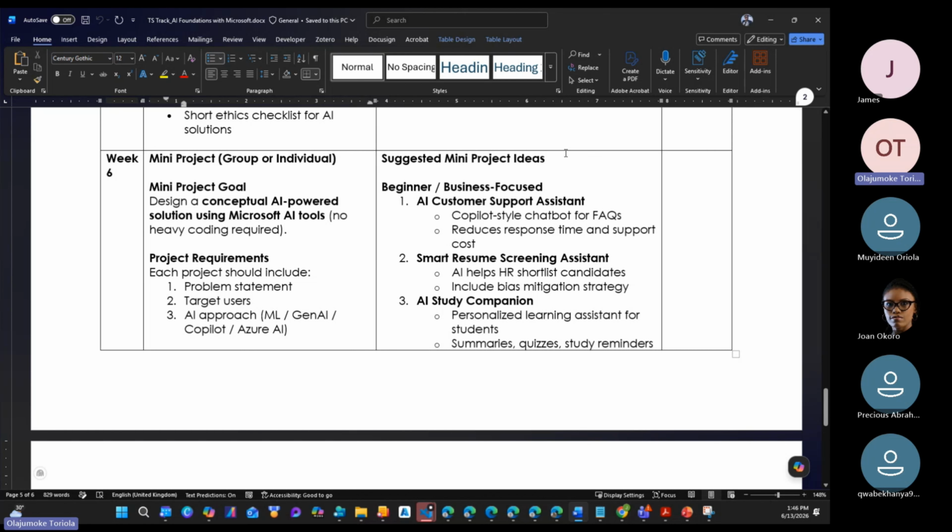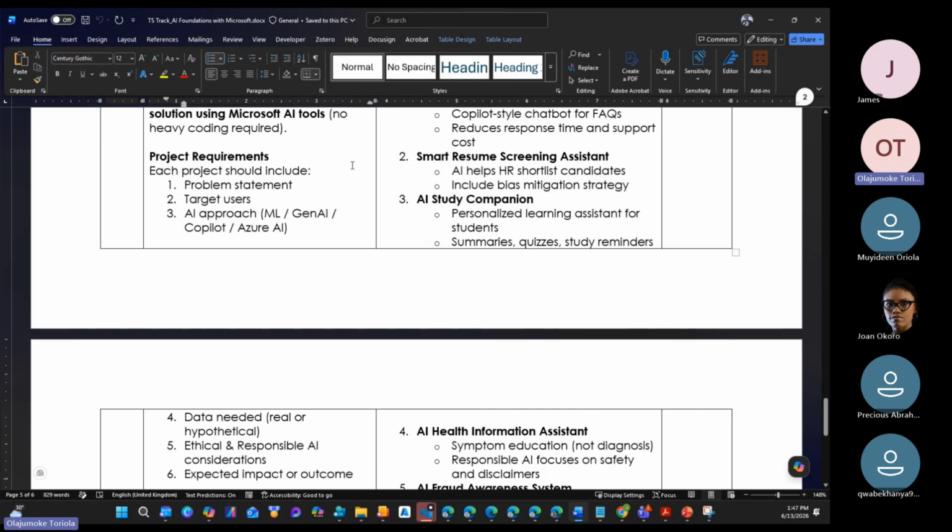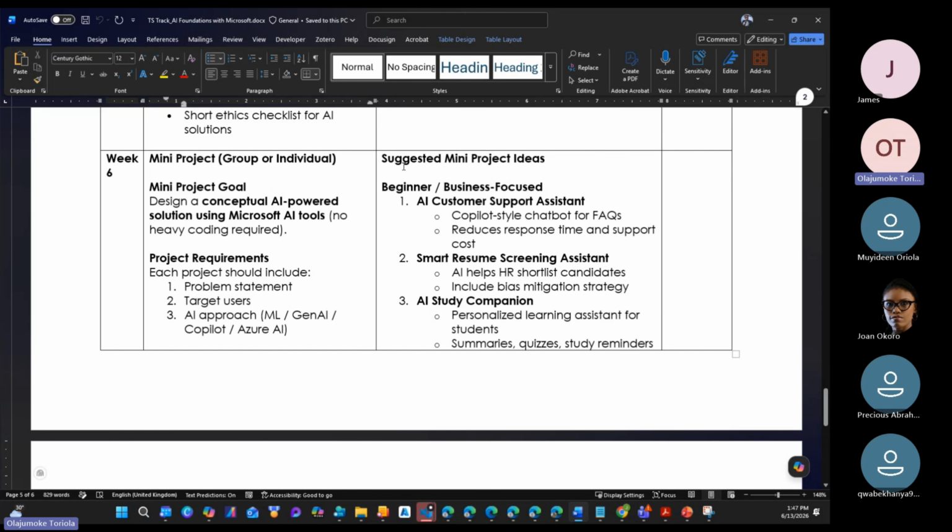Now, we've done this to give you suggested mini project ideas, but still, it is a suggestion. You can sit among yourselves and say, oh, the suggestion that MJ and Madam Franca or even Joanne made, based on what we are talking about, I don't think we want to do this. We want to build something on our own. Do something that solves a problem. What matters is that they should all follow this project requirement. And at the end of the day, what is the impact or outcome, and what problem is it solving? So we have examples here.